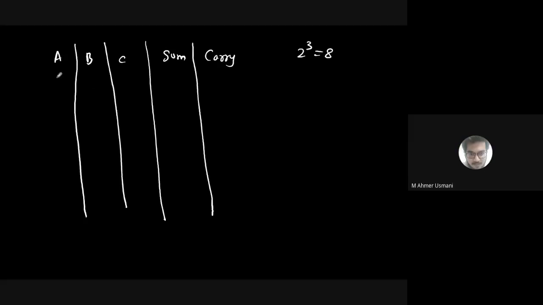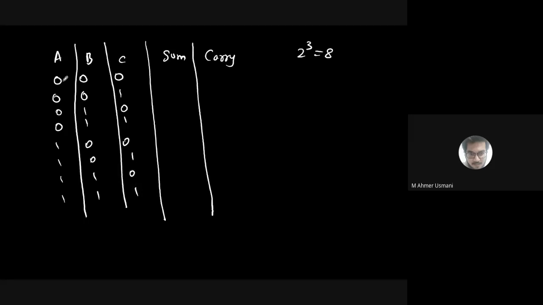So the first combination will be 0, 0, 0. The easiest way is you write down 4 zeros and 4 ones. Then you write 2 zeros, 2 ones, 2 zeros, 2 ones. And then 0, 1, 0, 1, 0, 1, 0, 1. So this is how you complete all the different combinations that you have.